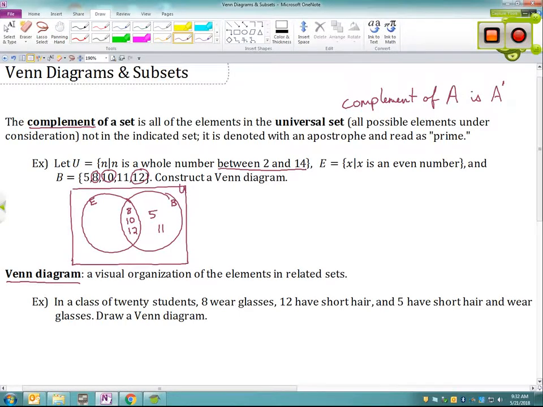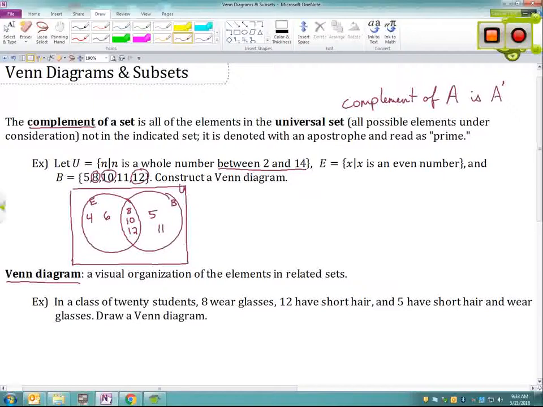Then what other even numbers am I missing? I have 8, 10, and 12, but I need all the numbers from 3 to 13, so it looks like I need a 4 and a 6, and then I have 8, 10, 12, and we don't include 14. That's it. Now I have all of the even numbers, 4, 6, 8, 10, 12, that are between 2 and 14 inside my E bubble. And I have all of the numbers in set B inside that bubble. I have the overlap between the two, 8, 10, and 12. Those are the values that are common to both.